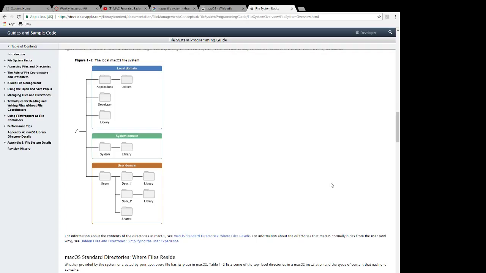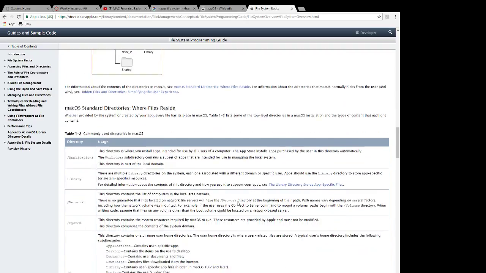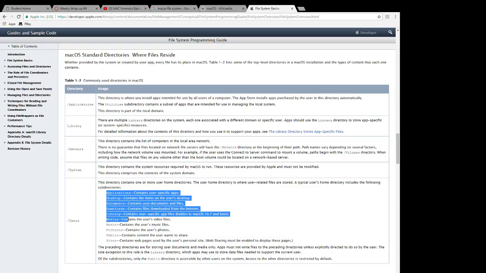First and foremost, Mac OS is built off of a Unix kernel. So much like Unix or Linux, it has a very similar structure in that you have your root directory, and from root you have your user directory. Inside your user directory, you'll have each user that's ever logged onto the system, or each account that's ever been used on the system. In that particular user's directory, you'll have all these